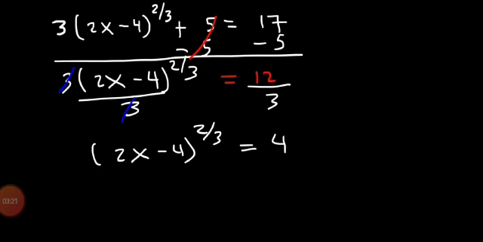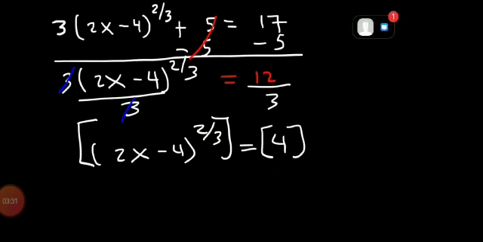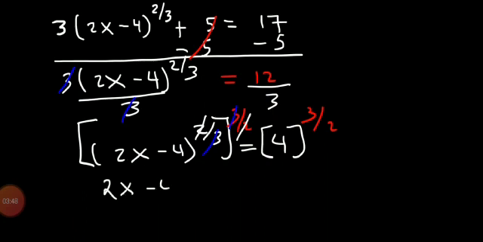Now 2 by 3 is the exponent that we have to remove. The first way is that we take the cube, and after that we will take the square by using the formula. The second way is that we take the reciprocal of 2 by 3, because we have to remove this exponent. After that we can find out the value of x. So on the left hand side only 2x minus 4, the reciprocal of 2 by 3 we have taken here for removing its power. Now the standard form is 4 whole 3 by 2.